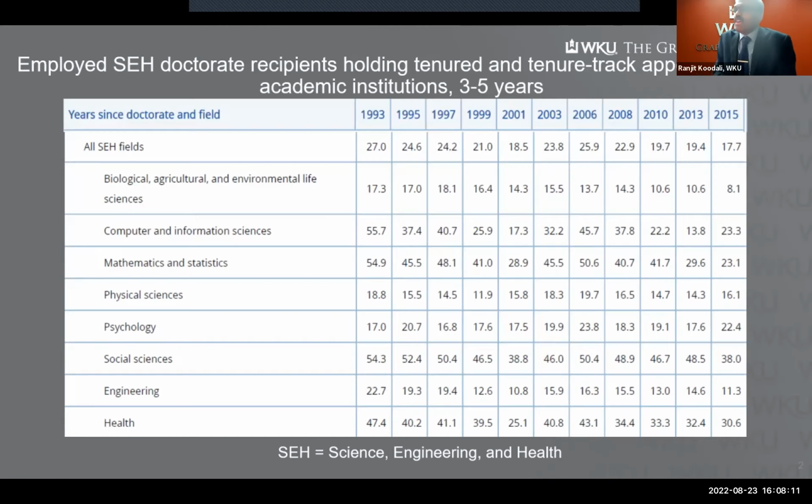So this slide gives you some historical data about science, engineering, and health graduate students who have gone on to tenured and tenure track appointments in academic institutions 3 to 5 years after completion of their PhD programs. So if we look at the longitudinal trend across any disciplines, what is the number of